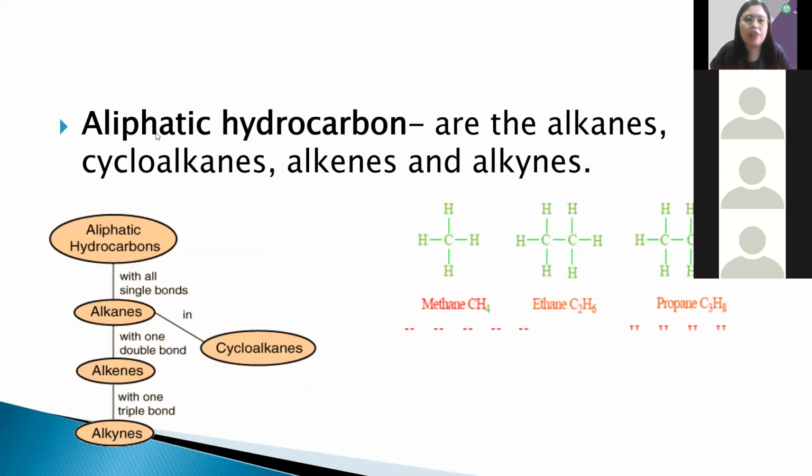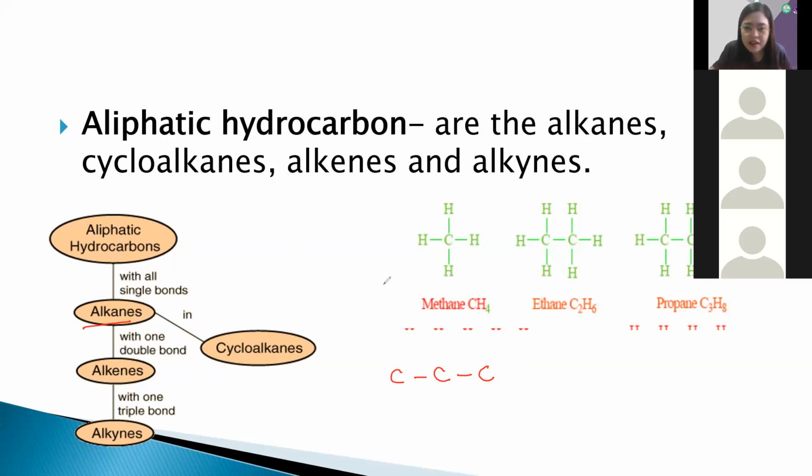Now we have the so-called aliphatic hydrocarbon, and the examples of functional groups in this family of organic compounds are the alkanes, cycloalkanes, alkenes, and alkynes. Ano ang pangalan sa ato ang mga organic compounds ha? Alkanes, cycloalkanes, alkenes, and alkynes. What is their difference? Pag sinabing alkanes class, you will just have carbon to carbon, single bond. Kahit maraming carbon pa yan siya, but you can only see single bonds between the carbons. We call it alkanes. So methane